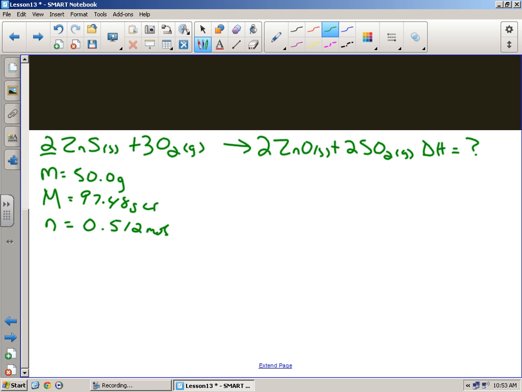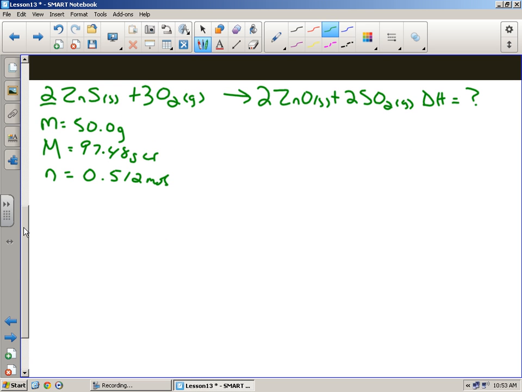Well, I don't know how much heat is associated with that because I wasn't told. So before you can do this, first, if you want, I don't care what order you do this. However, at some point in time, you're going to have to figure out delta H for this equation, right? And the delta H for this equation, of course, is the products minus the reactants. I'm going to skip a little bit here, if that's okay. Products minus the reactants. 2 times this,